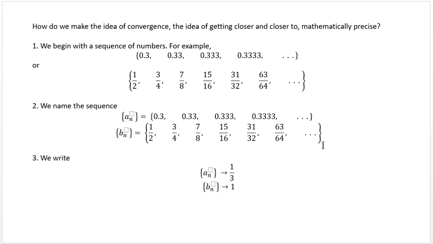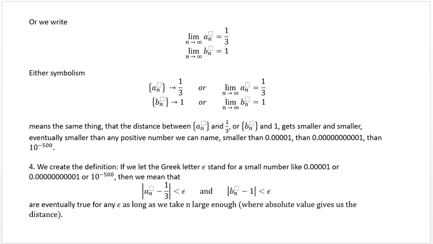And once we have the sequence defined, we can say, hey, the sequence a_n is converging to 1/3. Or we can say the sequence b_n is converging to 1. So we can write it that way, or we can write it this way. So either symbolism